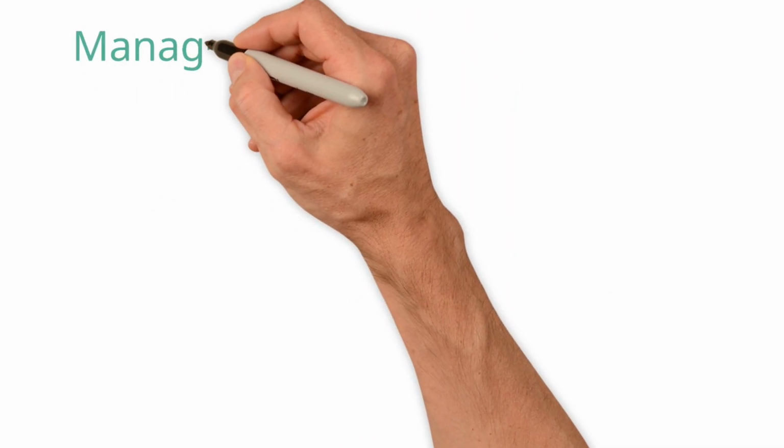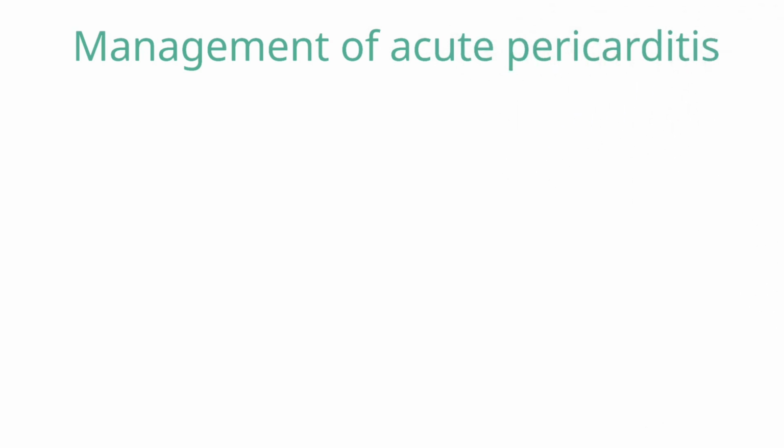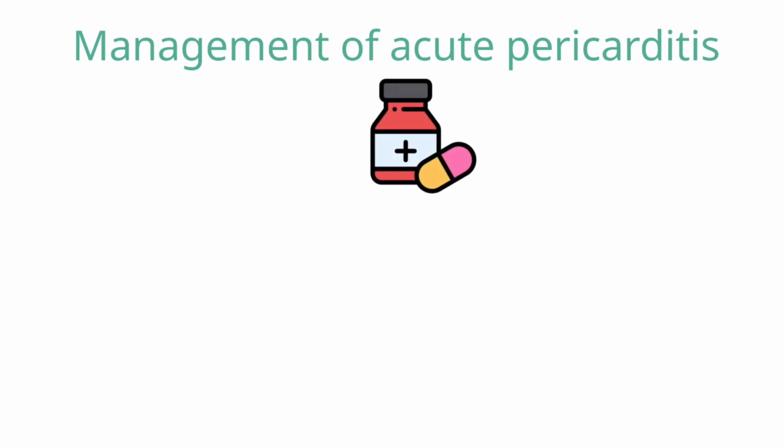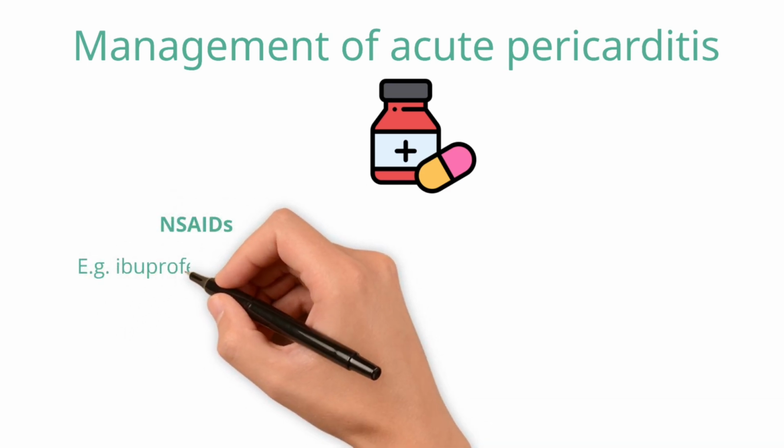So how do we manage pericarditis? I've based these on both the American and European guidelines, links in the description. First-line treatments for acute pericarditis include a non-steroidal anti-inflammatory drug, for example, oral ibuprofen 600 mg every 8 hours, which